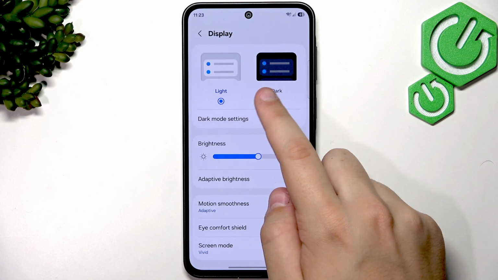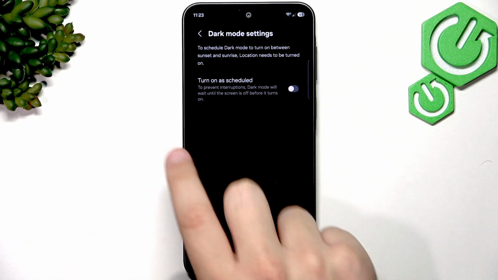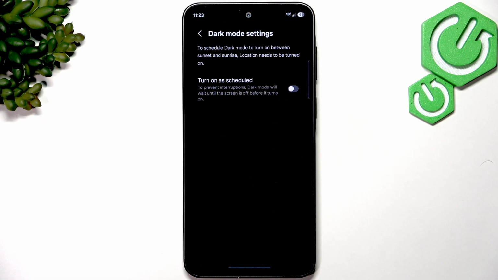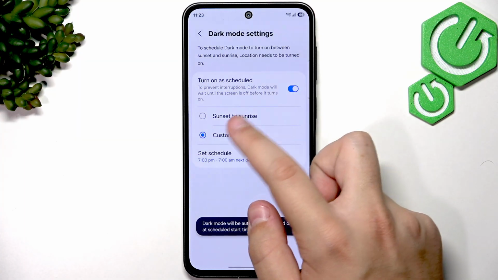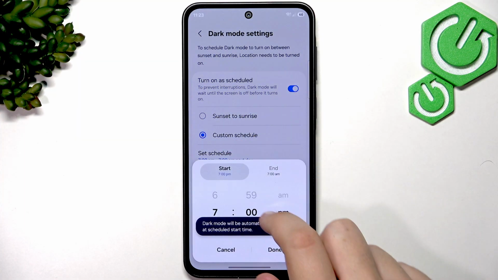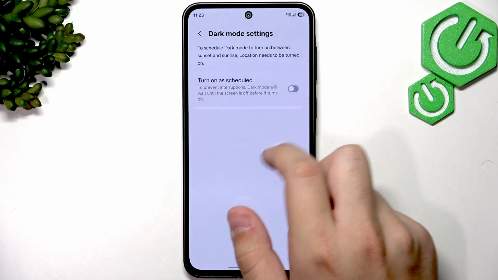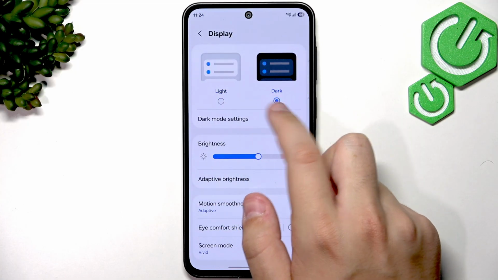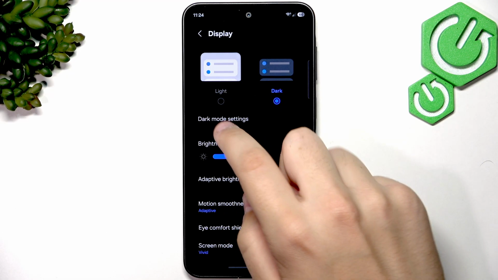So to turn it on, you tap on dark. Here you also have dark mode settings, so you can turn it on as scheduled. We can easily just enable it and put it on a custom schedule, so it will be from 7 p.m. to 7 a.m. the next day. We can just tap it here, and if you want to turn it off, you simply tap